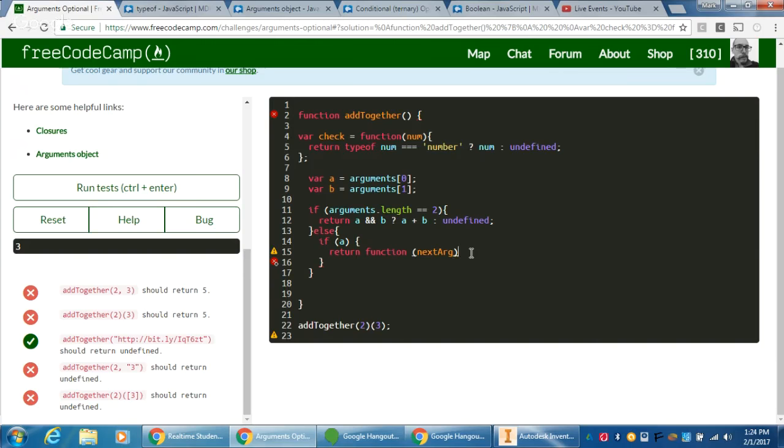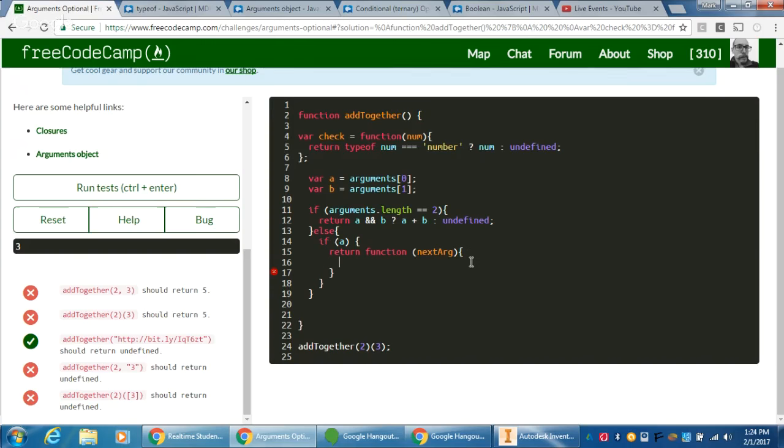All right. So we know that we're actually trying to suck in this next argument into our function here. And what do we want to do with this? Well, very simply, we want to make sure that these evaluate to true. All right. Now we already know that A is going to evaluate to true because it's going to be a number. So we can do return A and this is not going to be the correct answer, but I'm going to show you why in a second. Arg. So I have next arg. So if these are both true,